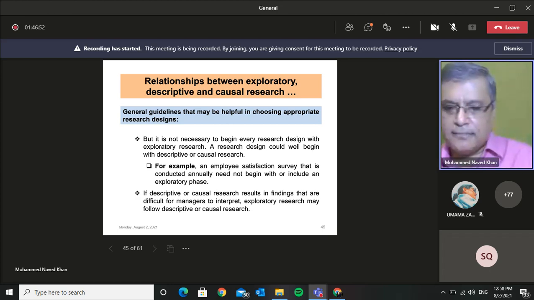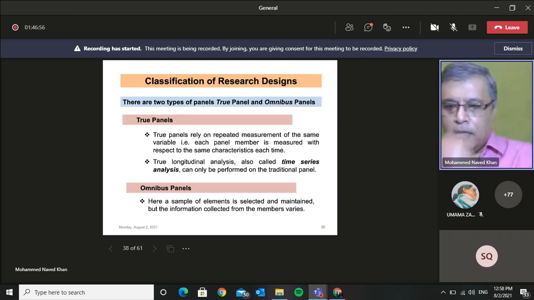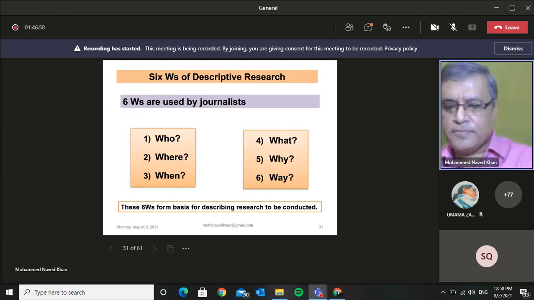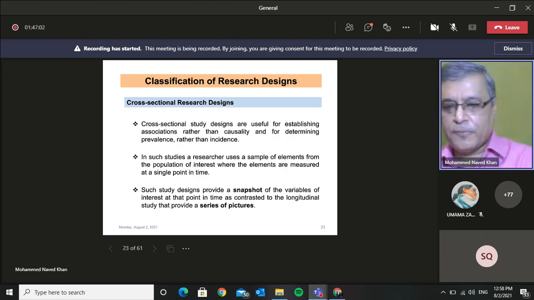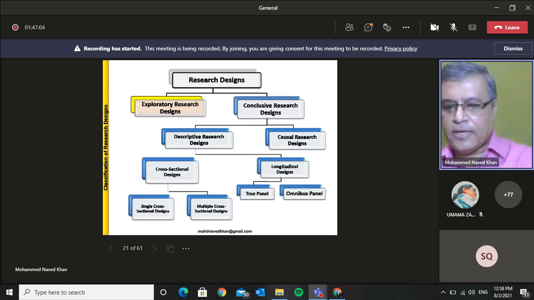So let us come back to what we're discussing, and I'll just stop at 2 slides, because the idea is that you should be very clear about them before you proceed further. See, have a look at this. There is some issue in projection, and because of that, for cross-sectional design, this link is not shown here. But please assume that there is a link to descriptive research design. Basically, cross-sectional design comes under descriptive research design. I'll see to it what's the technical issue because of which it's not visible to you.